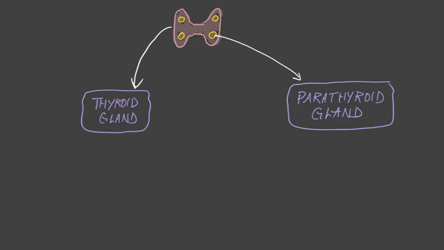Let's move down to the throat area where we have the thyroid gland and the parathyroid glands. The thyroid gland helps to raise metabolic rate and lower blood calcium levels. So it produces two hormones that do this. The thyroxine, which raises the metabolic rate of the body, and calcitonin, which tones down the level of calcium in